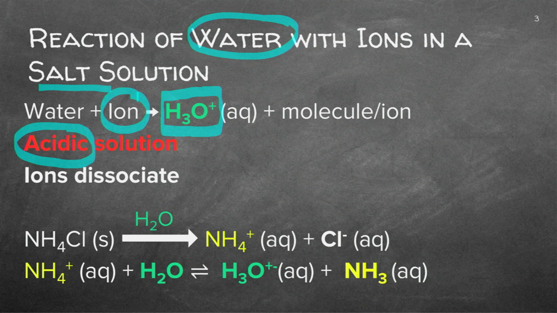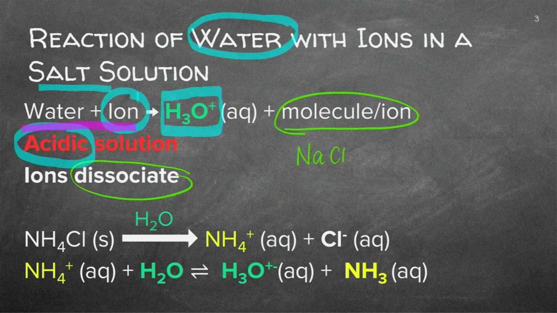If I've got water and the ion is, in this case, hydronium that forms, and remember, the other ion will be what is left of the salt. I will have a dissociation of ions because they are now, for instance, that. And you've got the water, and now you get the hydronium.